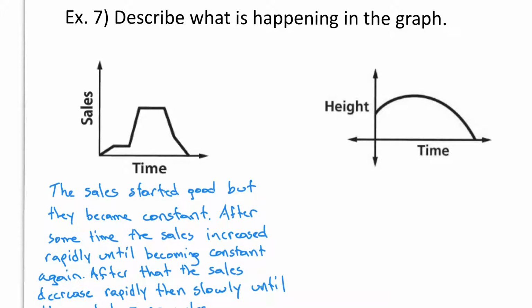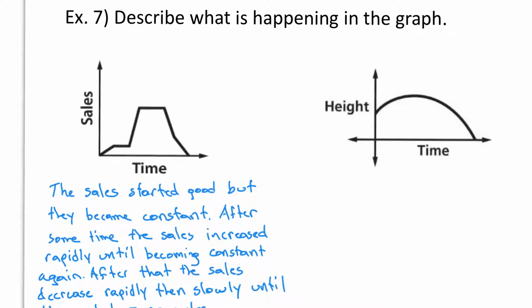So for the graph that you guys have, sales, you can say the sales started good. So here from the origin, they went up. So that's good sales. But then they became constant. So people were buying, but there were not a lot of sales, just the same sales over time. Now in sales, time